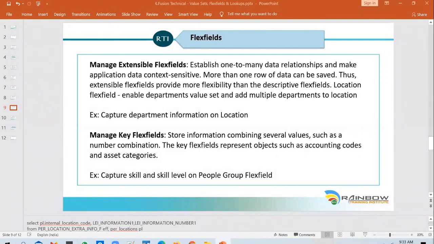And the other questions I have in the chat, I could see one from Ram. Does the EFF information flow from one entity to another entity by default? Yeah, that information flows automatically, Ram. We don't need to do anything. So it works pretty much the same way as in eBusiness Suite. So when data flows from one entity to another entity, attributes will also be moved automatically. Okay, so attributes moved in the sense you will have to configure them appropriately, and they get flown to the other screens if you want.